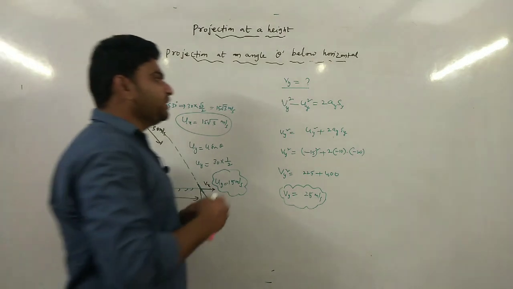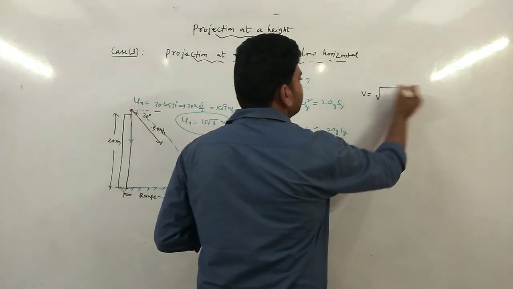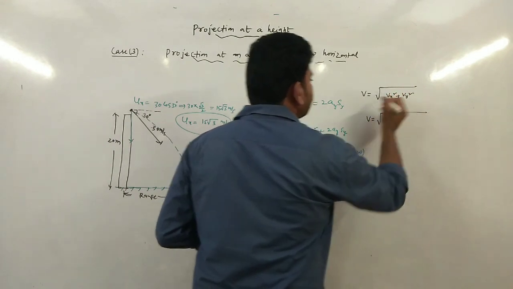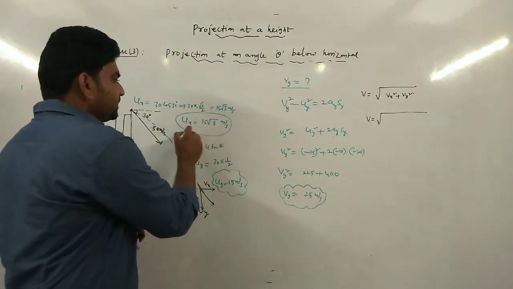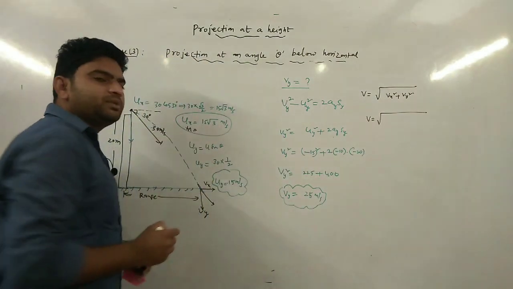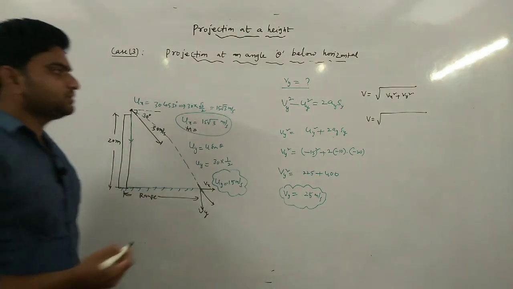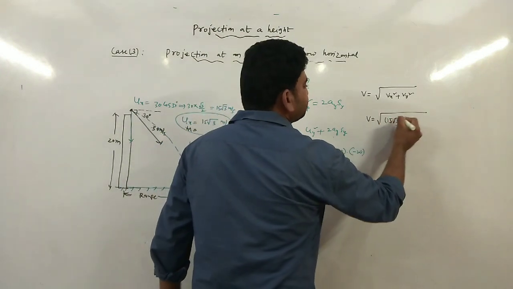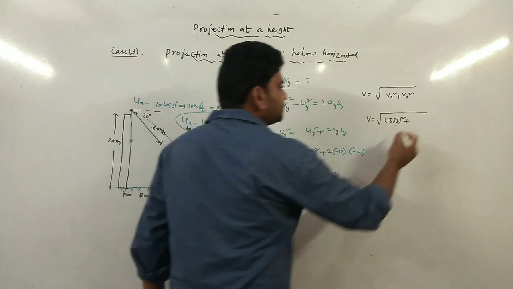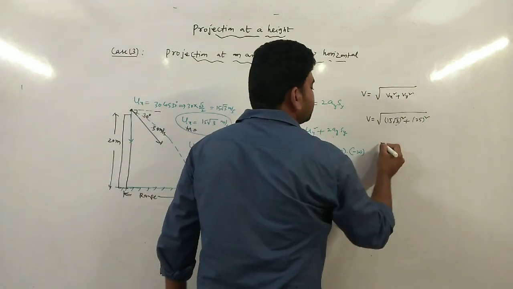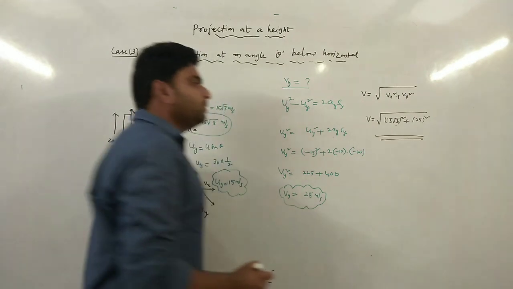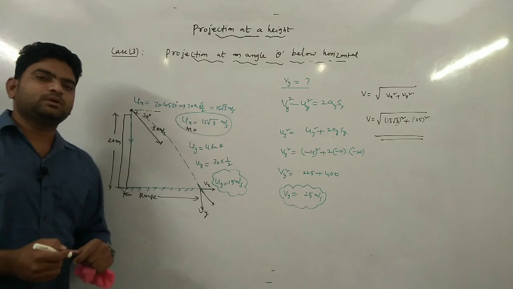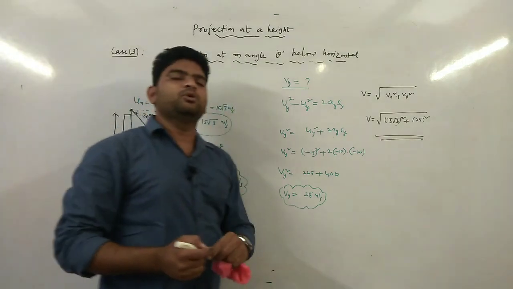And also I am supposed to calculate the final velocity. So final velocity is simply we can write it as V equals root over Vx square plus Vy square, and we already have Vx value, that is Vx is nothing but Ux, because velocity will not change all over the journey in the horizontal direction. So my Vx is 15 root 3, so that is 15 root 3 whole square plus Vy value we just now got, that is 25 whole square. If I do the simplification of this, we will be getting speed of the body just hitting the ground. This is what projection at an angle theta below the horizontal.